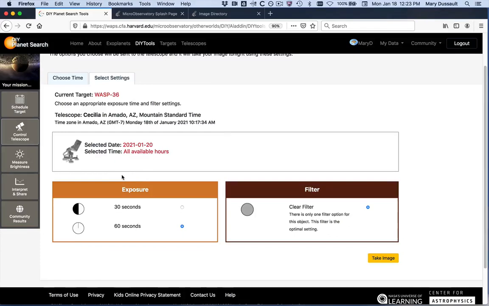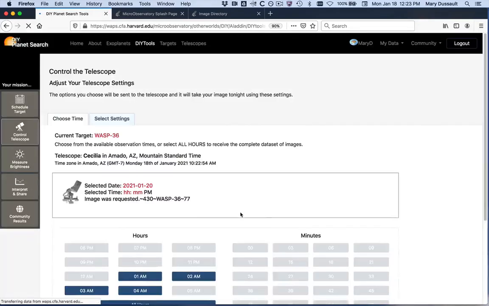Currently, the telescope settings default for all DIY Planet Search targets is a 60-second exposure per observation using the clear filter. In 2021, we hope to be adding some brighter targets from NASA's TESS mission, for which shorter exposure times may be more optimal. Once you click the Take Image button, the observations will appear under your My Data menu